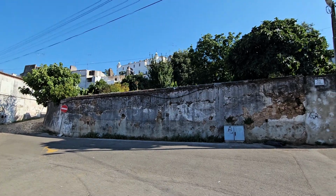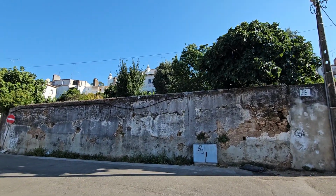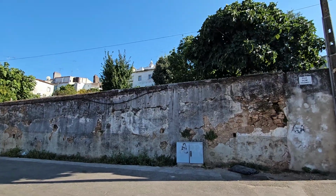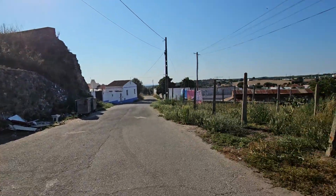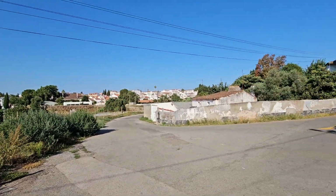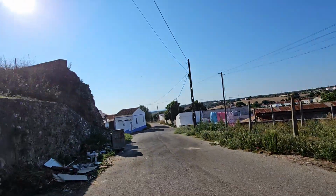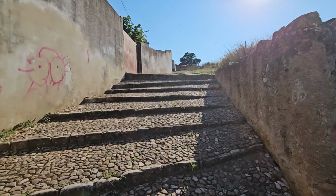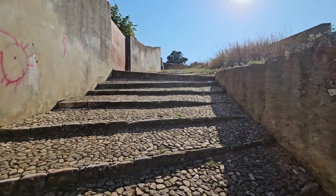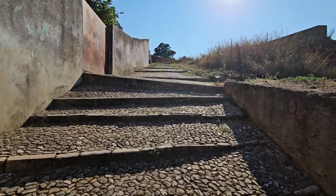Okay, so here, the second part of Estremoz. You can still see the royal palace, which is now a luxury hotel. This is the lower town here, and now we're walking up the steps into the higher part of town. There's not much there really, it's just this former royal palace, the former prison,